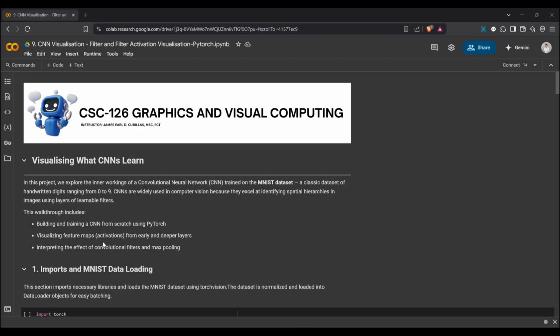Through these visualizations, we can better understand how CNNs process input images, making this project a useful educational tool for those new to deep learning and model interpretation.